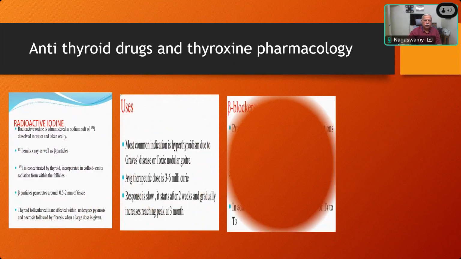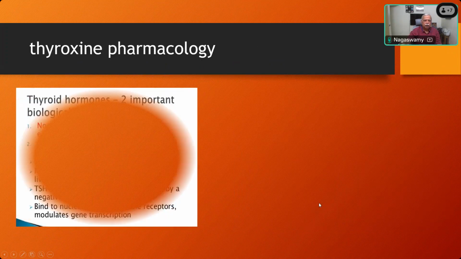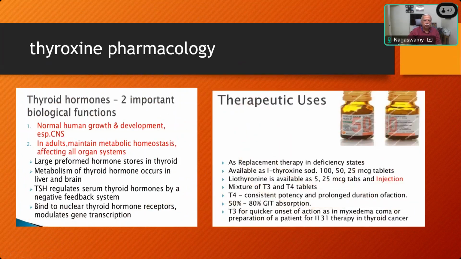Now, radioactive iodine and beta blockers are all symptomatic treatment for controlling the hyperthyroid state. And for hypothyroidism, we always have to supplement the thyroxine. That is, the hormone has to be given. All of you know it is given as levothyroxine, available in